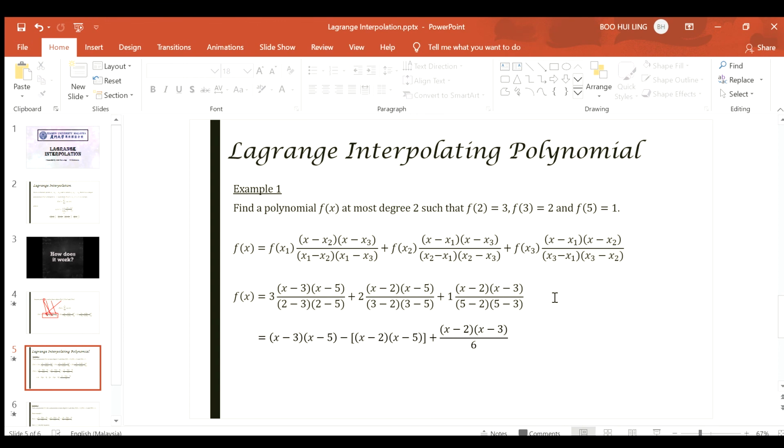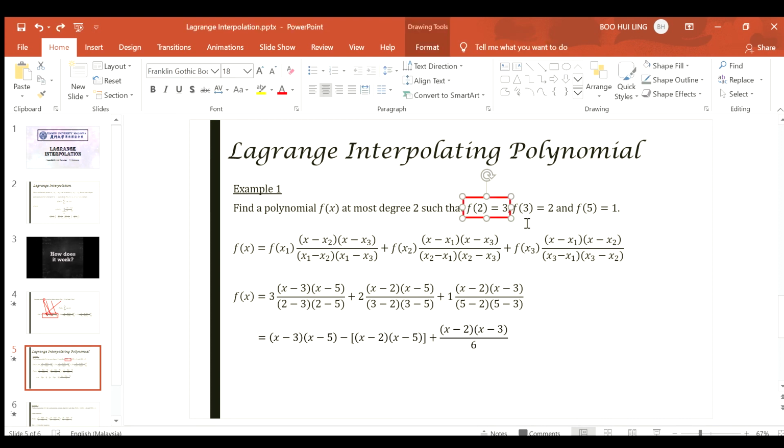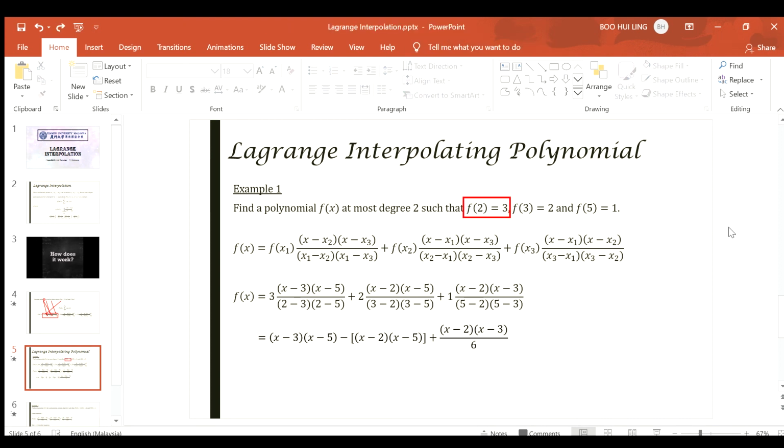Example 1. Find a polynomial f(x) of at most degree 2 such that f(2) is equal to 3, f(3) is equal to 2, and f(5) is equal to 1. So from just now, we know that the formula of the equation is this. So it's very easy, just the same with the method I taught just now. First, we look through this point, which is x1 equal to 2, with value 3. Then